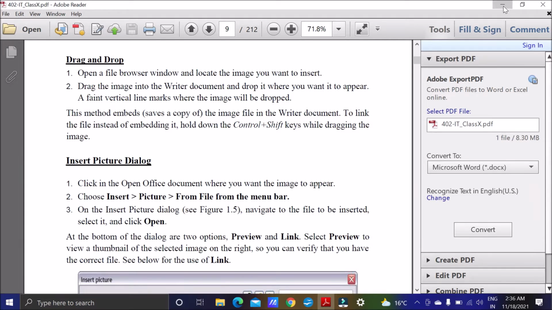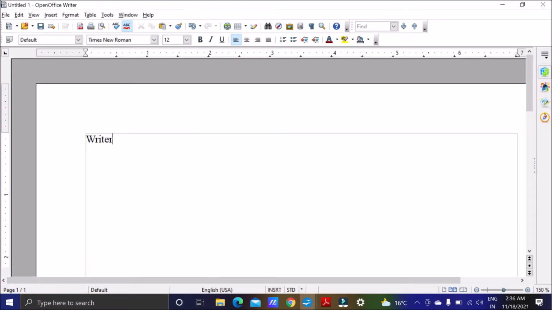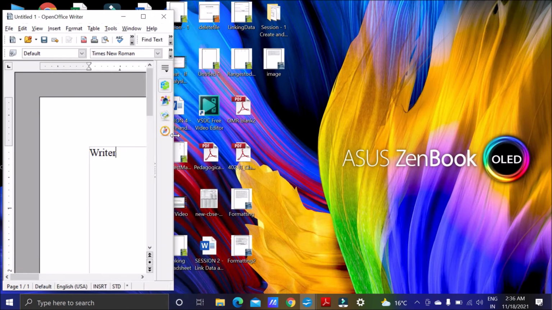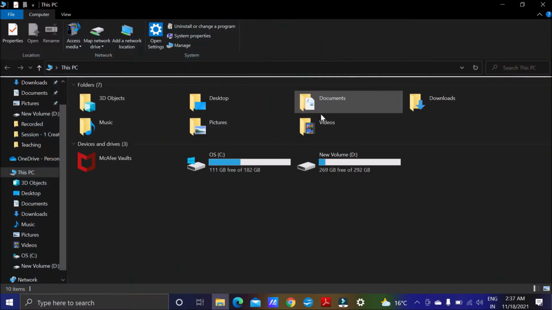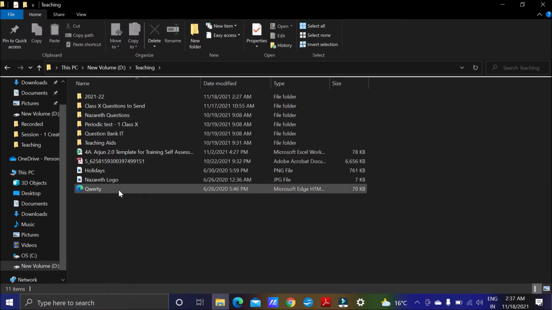So let's open OpenOffice.org Writer. Right now we have OpenOffice.org Writer and I will just decrease the size of this one and I will open a folder where I have some images.